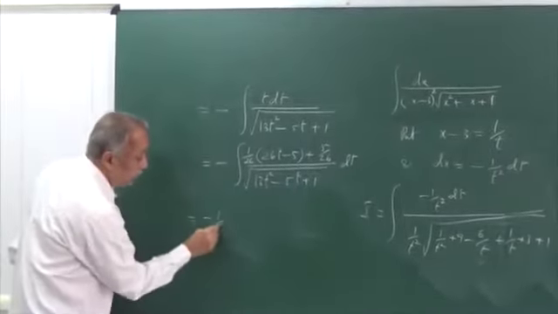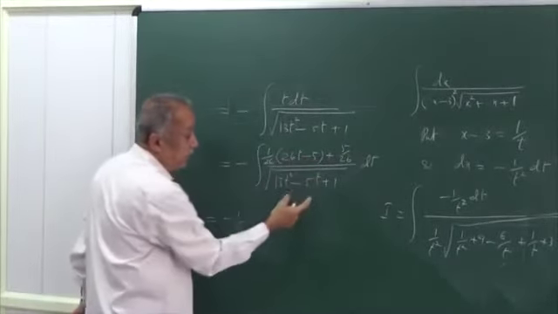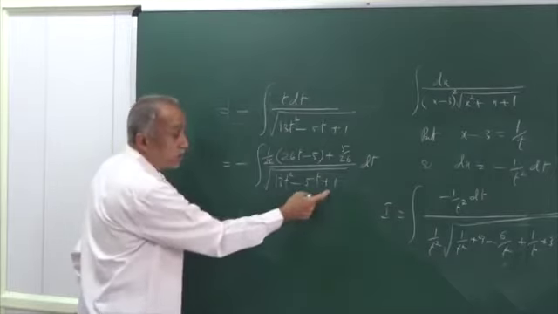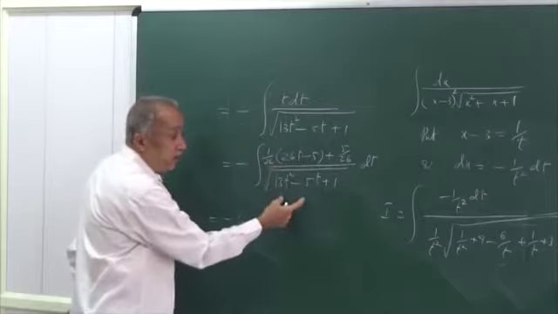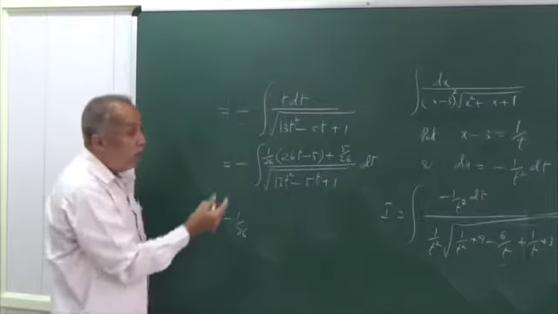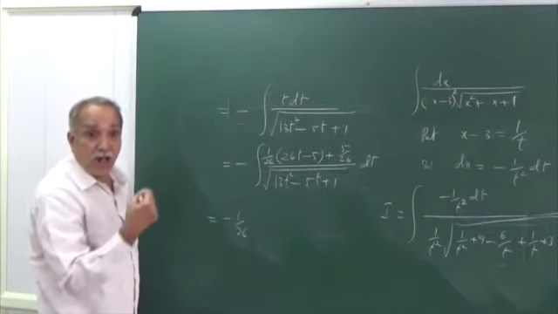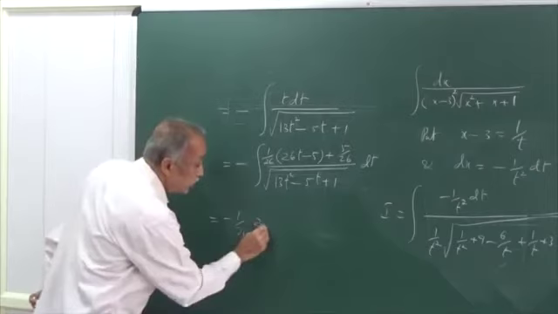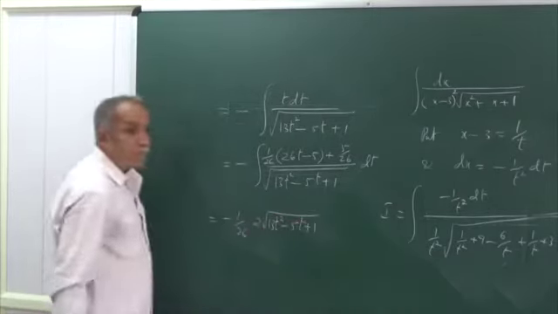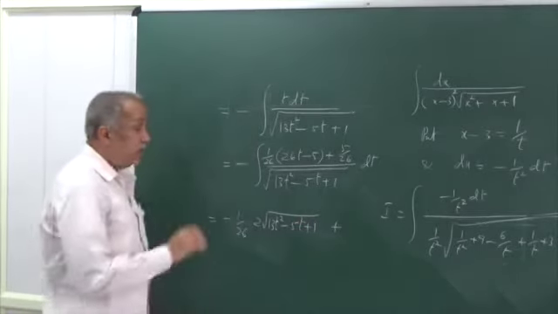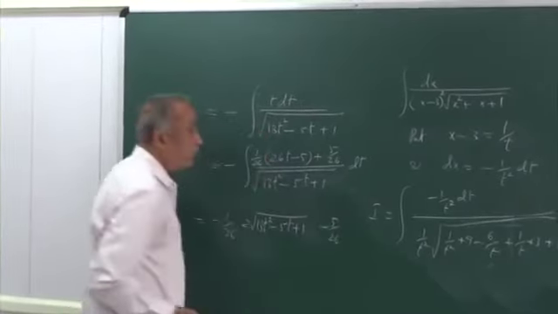This is minus 1 by 26 into 26t minus 5 dt by root of 13t square minus 5t plus 1, is nothing but dy divided by root of y, or y to the power minus half dy. Integral y to the power half by half, 2 root y, is 2 root 13t square minus 5t plus 1, plus the other part minus of 5 by 26 into